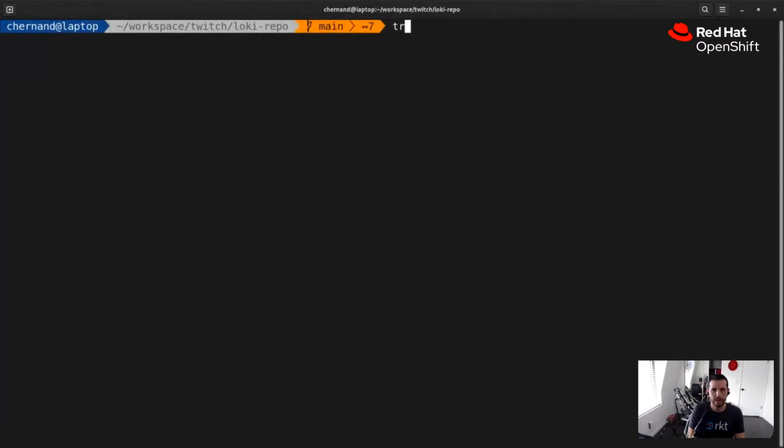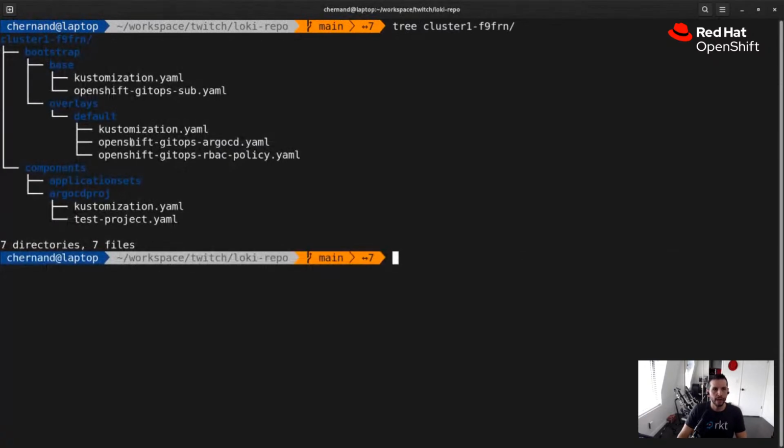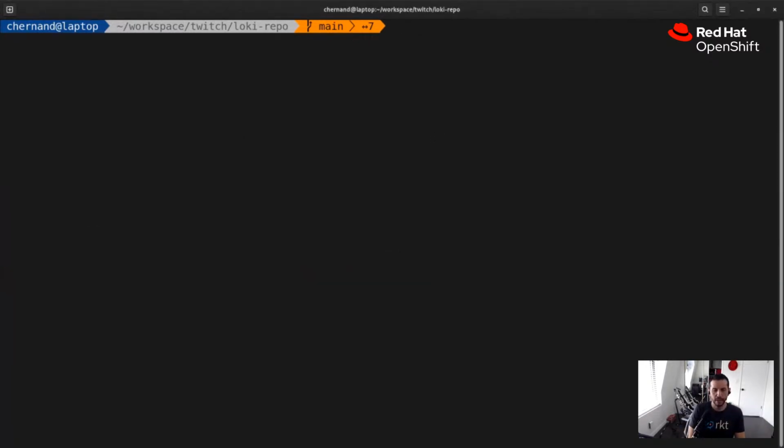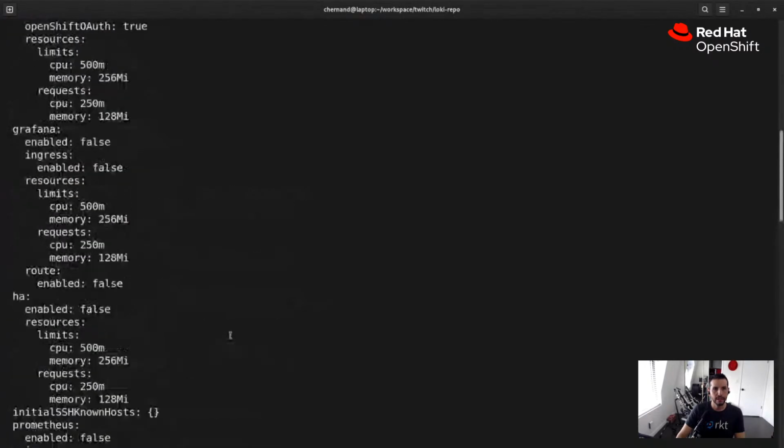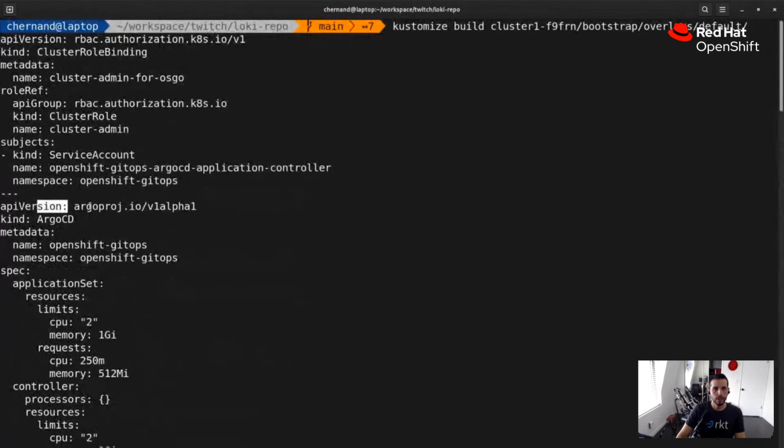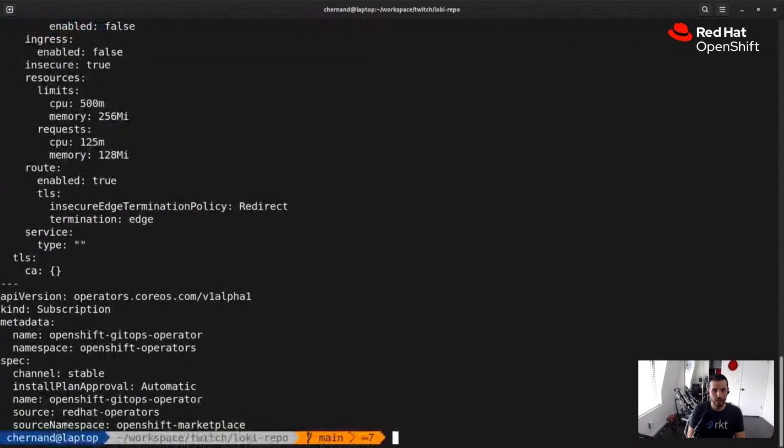Cool. So let's tree this. You have this, right? So how do you load the components into your Bootstrap directory, right? You remember we have the Bootstrap directory. That's the point of entry. How does that get loaded, right? So if I clear this and I do a build, you notice how the Argo CD project isn't included here. So essentially, the answer to that question